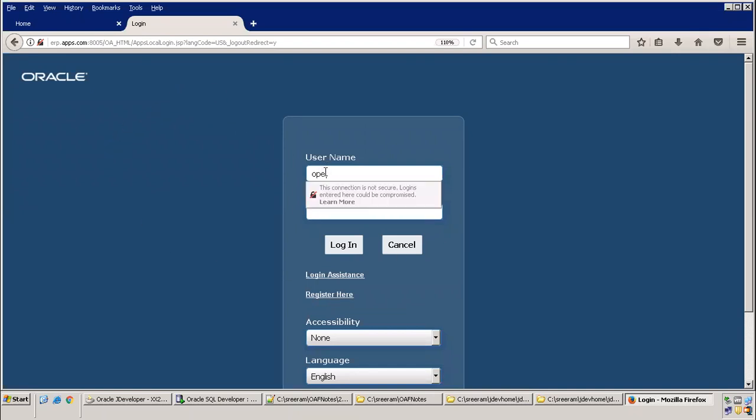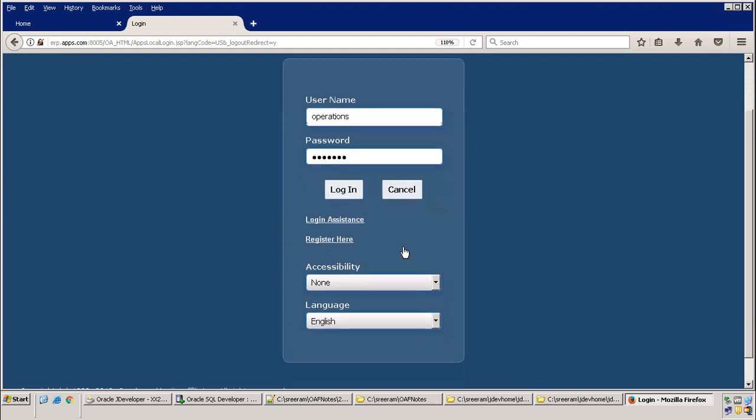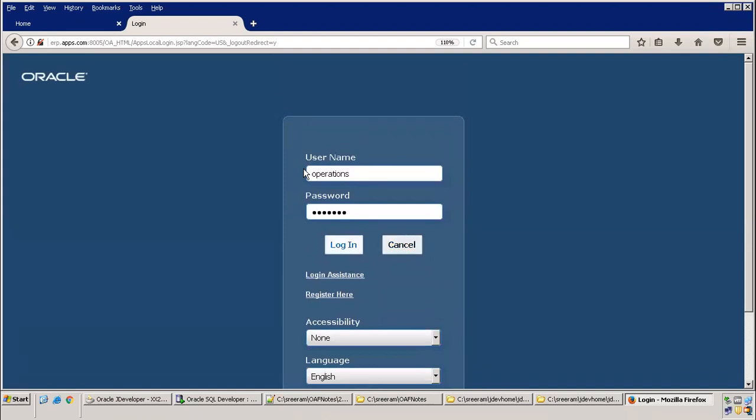Now I entered my user details, and when I click on login, it has to validate whether this user is a proper user or not, whether these credentials are correct or not, right? So now you have two different buttons, login and cancel. Login will do a login functionality, cancel will do a cancel functionality. So it has a business logic to validate, first of all, which particular button the user has pressed. If the user has pressed the login button, what are the details he entered in the username and password? If they are correct, it will navigate to another page. If not, it will navigate to a different page.